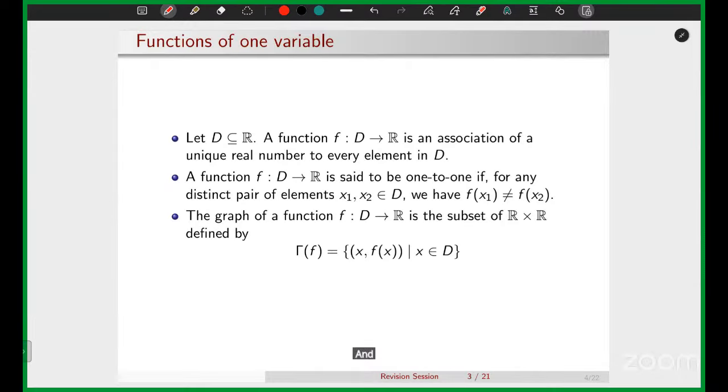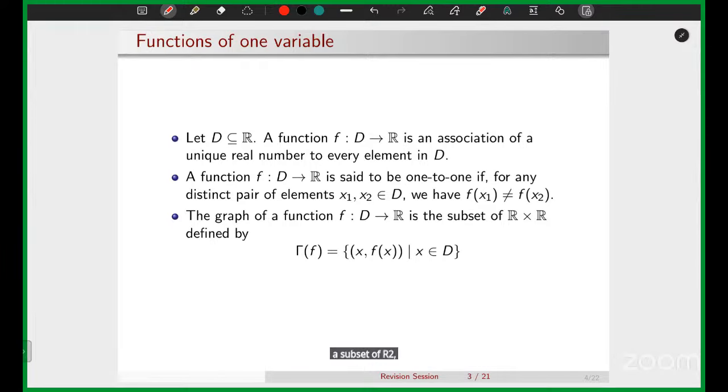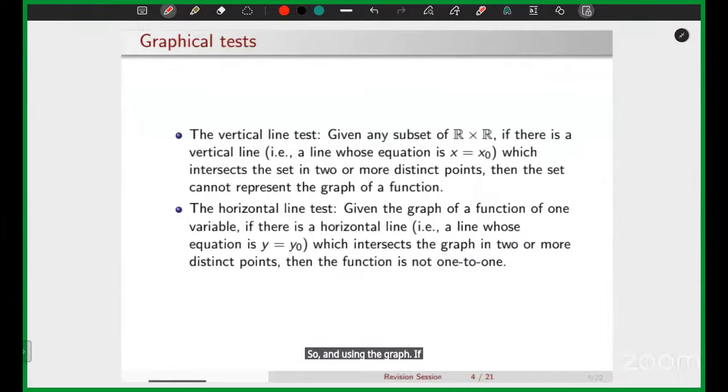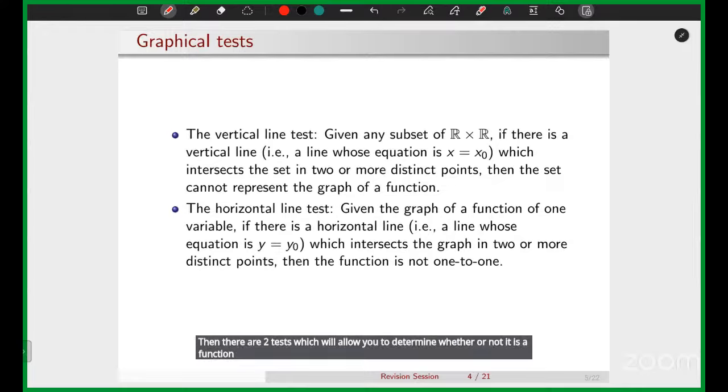We'll be dealing with graphs for visualization. As a set, the graph is just x comma f of x, a subset of R2, the Cartesian plane. That is why we can plot the points and look at the graph. If you have an arbitrary graph given to you, a set of points on the R2 Cartesian plane, then there are 2 tests which will allow you to determine whether or not it is a function, and if it is a function, whether it is one-to-one or not. The vertical line test says that if there is a straight line in the Cartesian plane